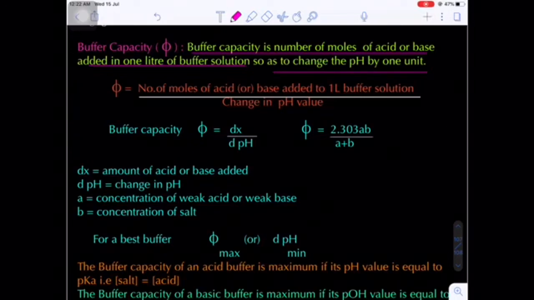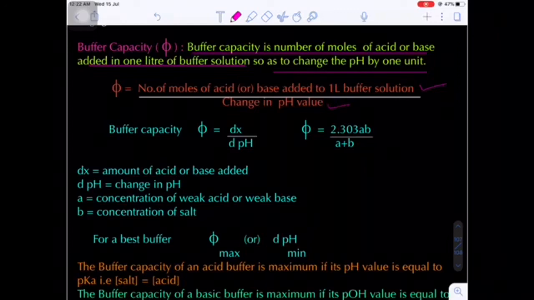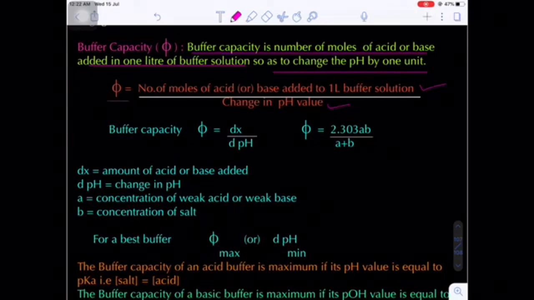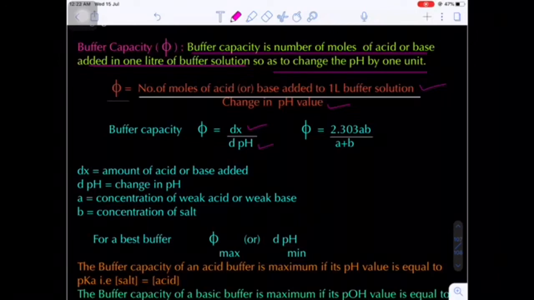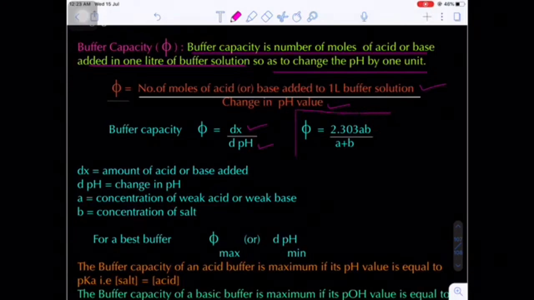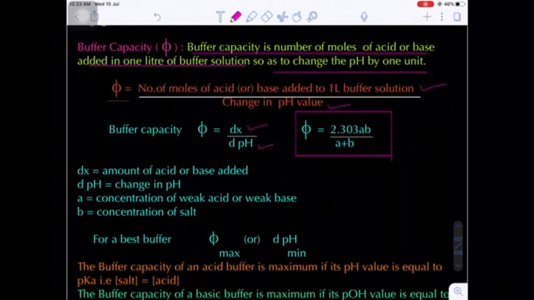Now, how many moles of acid or base, if added to 1 liter of buffer, change the pH by 1 unit? In the numerator I write the number of moles of acid or base added to 1 liter buffer, divided by, in the denominator, the change in the pH value. This is called phi. Are you getting my point? So the buffer capacity phi is equal to the amount of acid or base added in the numerator, divided by the change in pH in the denominator. And there is one more important formula: phi is equal to 2.303 A into B divided by A plus B. This is also an important equation to calculate the